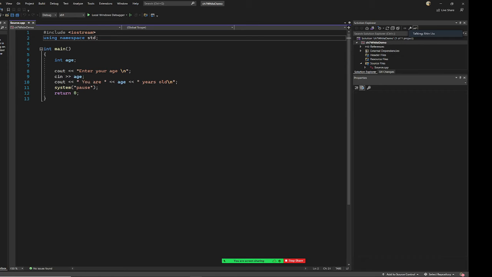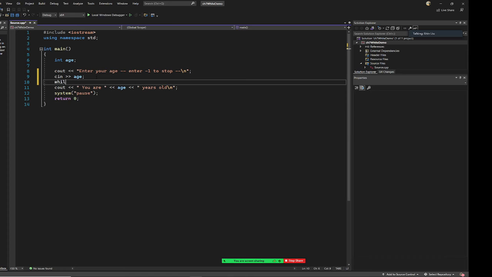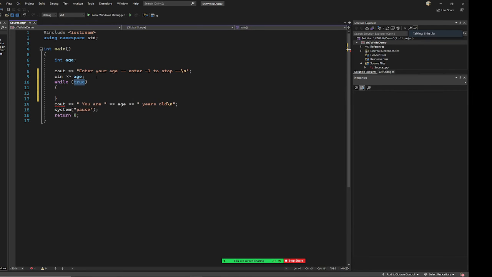So first, enter your age. Then I will add a prompt: enter -1 to stop. After that, I'm going to copy these two lines with Control C. Then I paste them as the first read, and I put a while and tab over. Then this is age not equal to -1, your sentinel. Then I put this